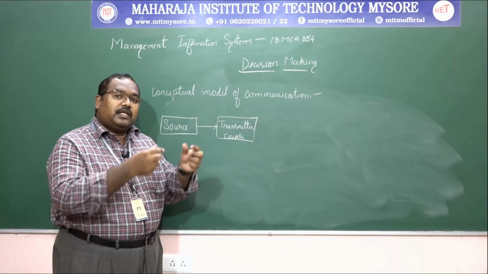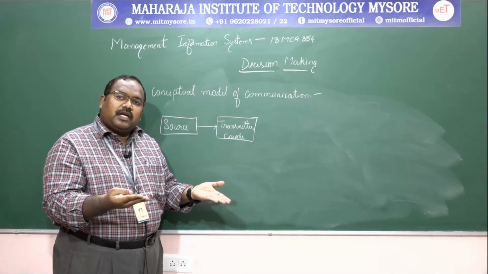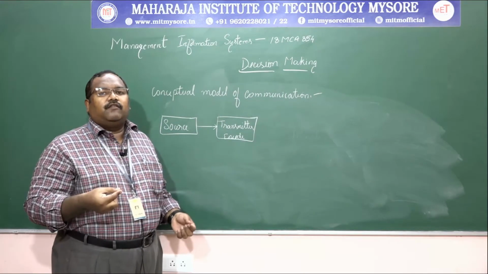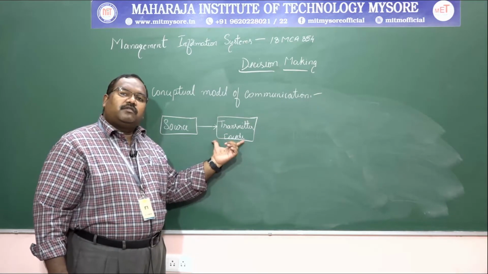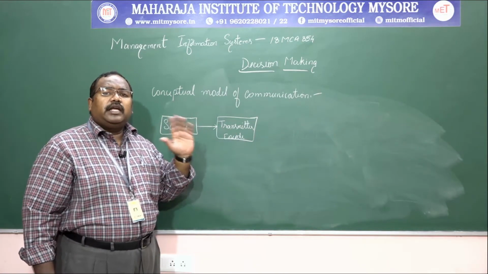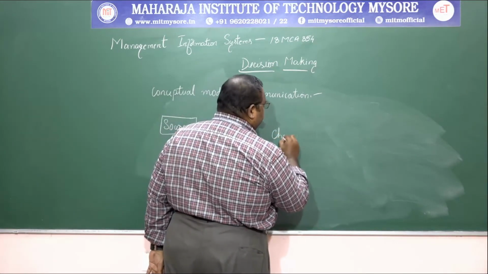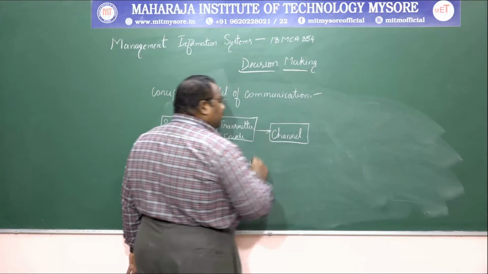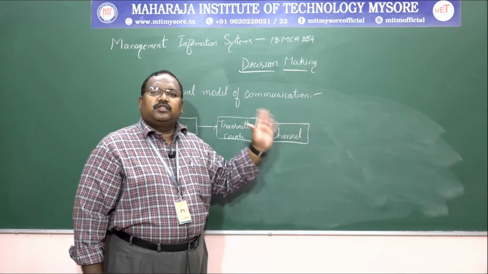The information is not the cover itself. The information is inside the cover. What does he do? He reopens the cover, that is, decodes the cover, takes out the letter and reads the information. In a similar way, the source wants to send the information. During the process of sending, the transmitter encodes the information, and after encoding, it has to pass through a medium. We call it the channel. The medium in which the information is transmitted from the source to the destination is called the channel.